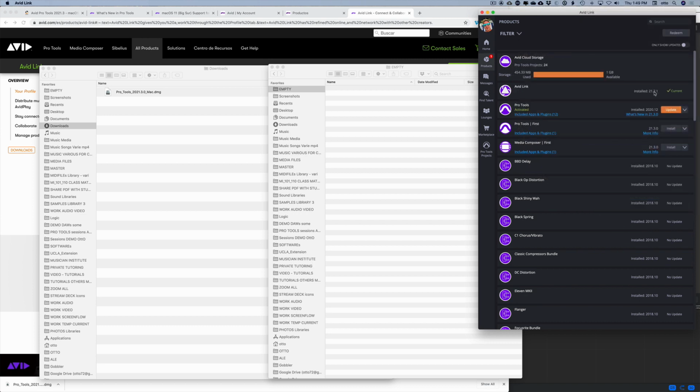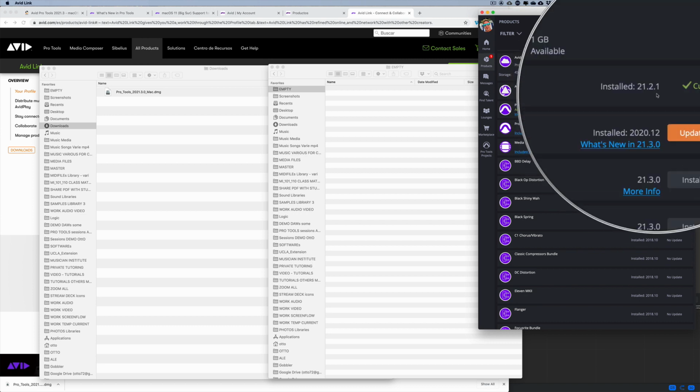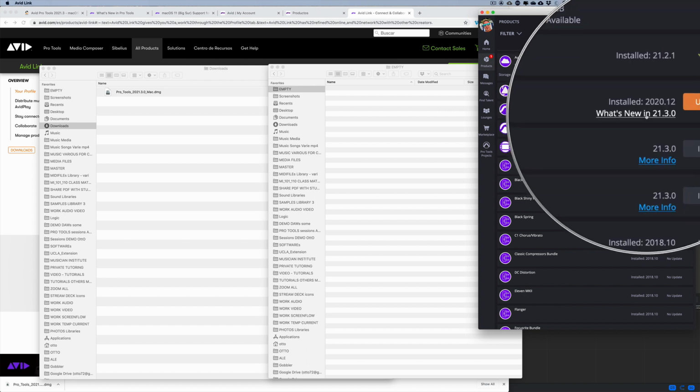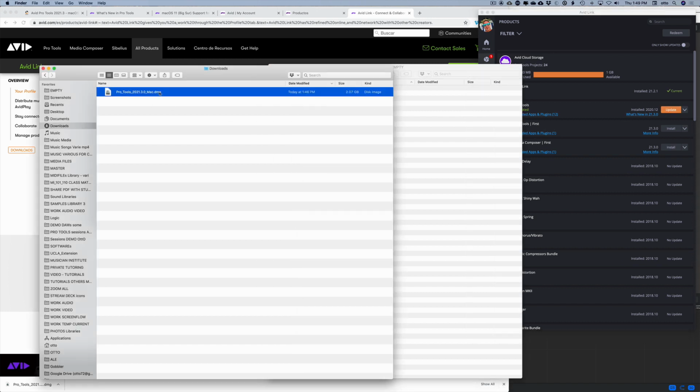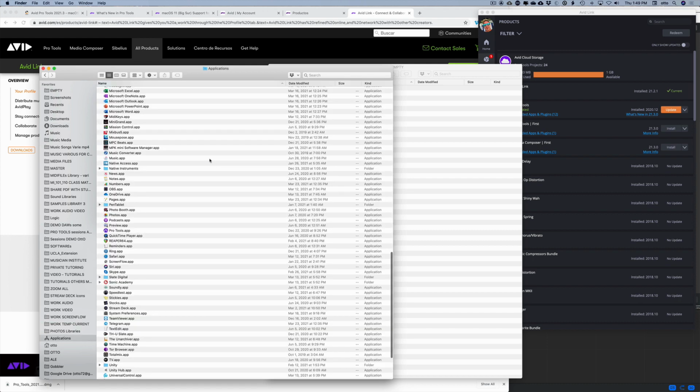Now I see my Avid Link has been successfully installed and updated. 2021.2.1 is current, and I see right here, okay, I can also update from here. Like I said, I prefer to go manually. I'm gonna also raise the one I downloaded. I'm gonna go back also here quickly to my applications, Pro Tools, and what I like to